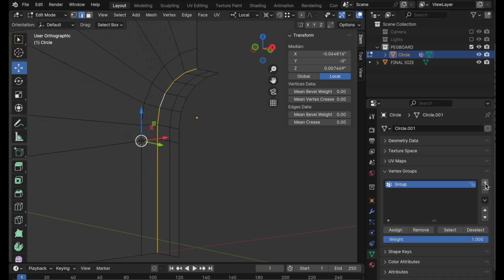We're going to create a vertex group for this, and we'll call this 4 edge bevel, and then make sure to assign that. Okay, now